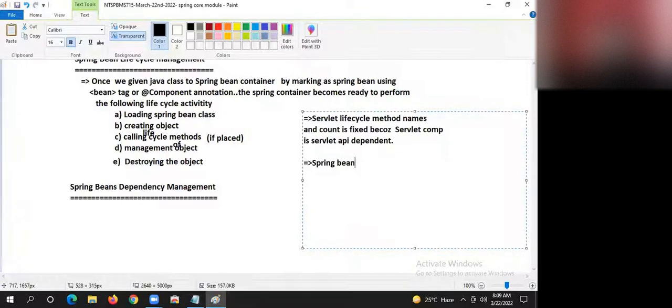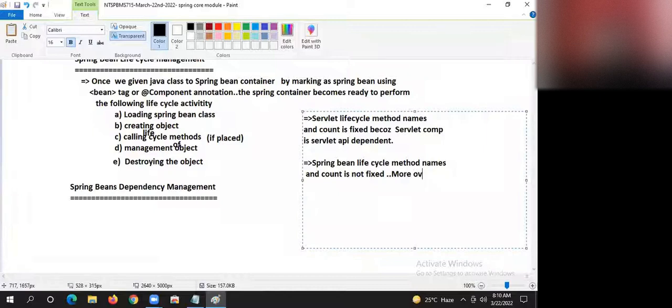Spring Bean lifecycle method names, method names and count, is not fixed.